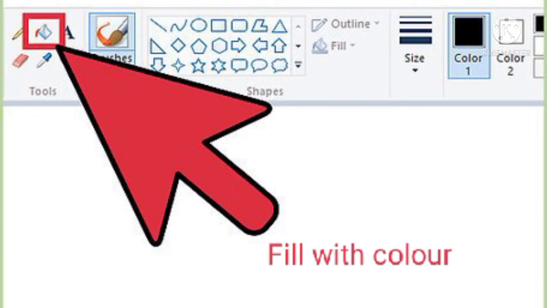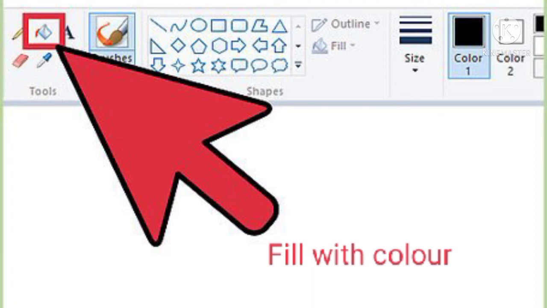Let us see how we can fill the shapes given below. Select the Fill with Color tool from the ribbon. Select the color you want from the color palette. Bring the paint bucket to the space where you want to fill the color.